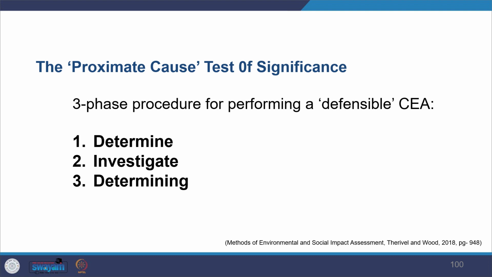So you have a three phase procedure for that. First, you determine whether a proposal would proximately cause a significant effect on the given resource. Second, you investigate how the affected environment has reached its current conditions and projected, like what's really going on. Then you determine what happens to the conditions and trends of the resources. So what will really happen?